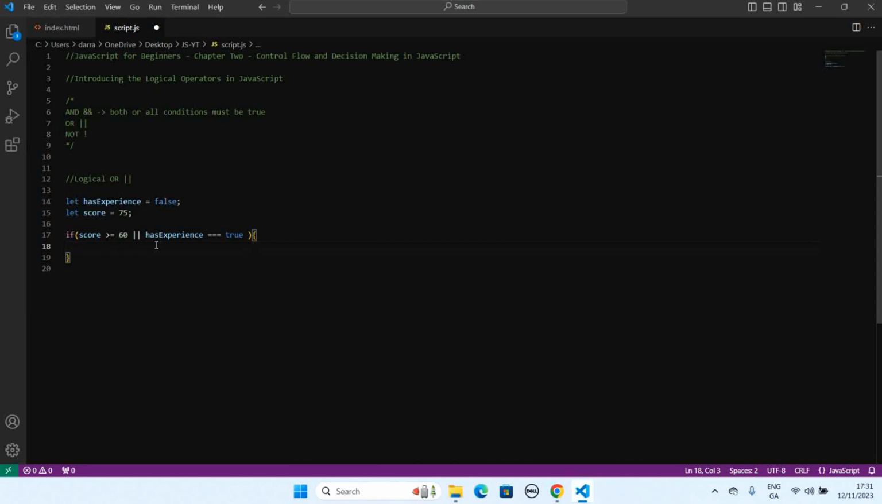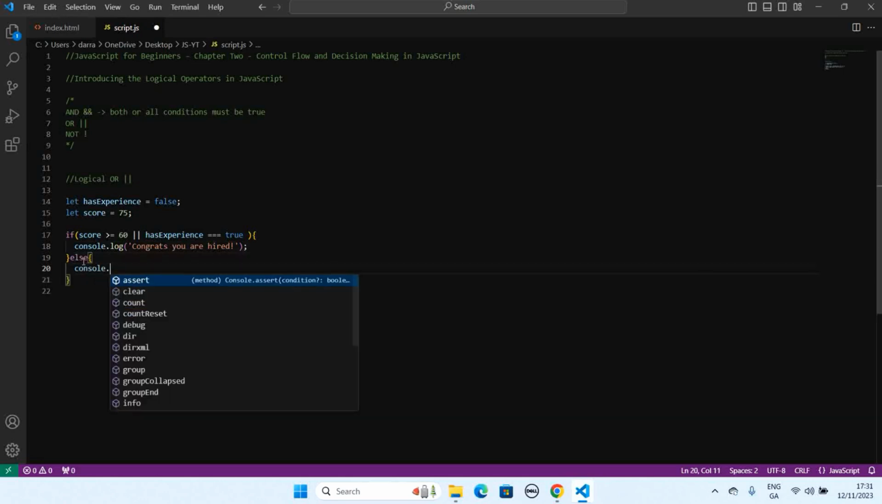So what we want to do is, if they have a score greater than or equal to 60, or they have relevant experience, we want to give them the job. So we will say console.log, congrats, you are hired, okay? We're assuming we're running a business in the middle of a booming economy where sessions are no fun. Alternatively, we say,